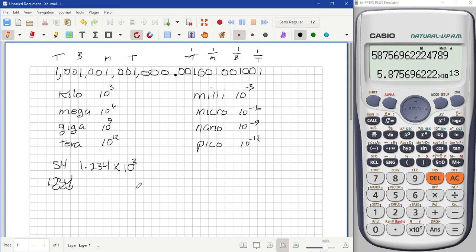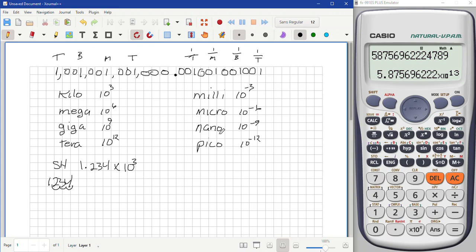You can actually do work with scientific notation on a scientific calculator. Most of them have a times 10 raised to the x key, so you could actually enter it in. I'm not going to do that just for the sake of the length of the video here. But put your numbers that are in scientific notation that you're going to add, subtract, multiply, or divide in parentheses. I know this calculator gets confused if I don't. All right,